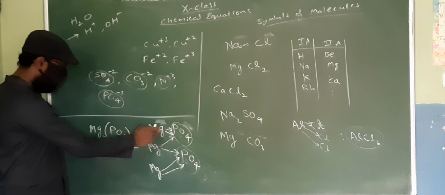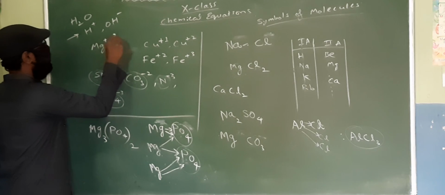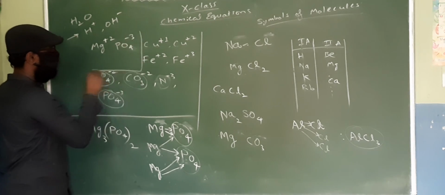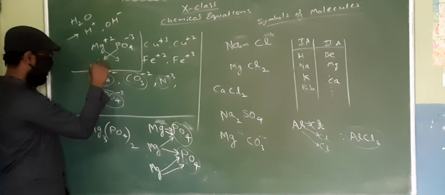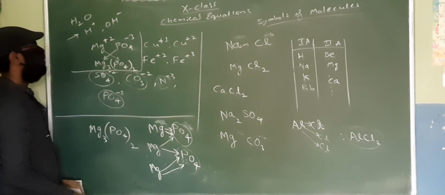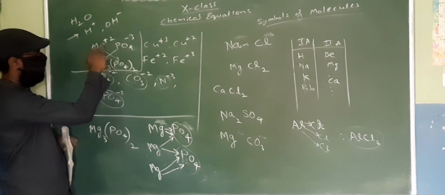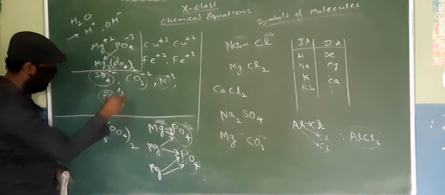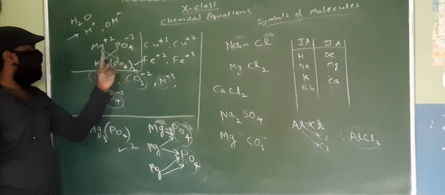And instead of going through all this, there is one small shortcut that I can say. Observe carefully. Mg plus 2, and phosphate, what do we write? PO4 minus 3. I can just cross these numbers and write it blindly like a shortcut. Now I can simply write Mg3(PO4) taken twice. What have I done here? Phosphate wants to take 3 electrons. Magnesium wants to give 2 electrons. I just cross the numbers. 3 I have kept here, 2 I have kept here. Over. Simple. So whatever happens here, this little bit complicated one, you can just write it as a blind tree.